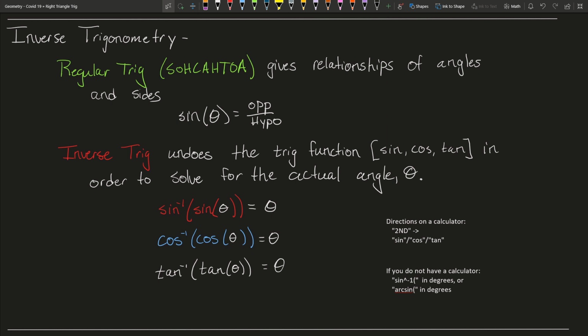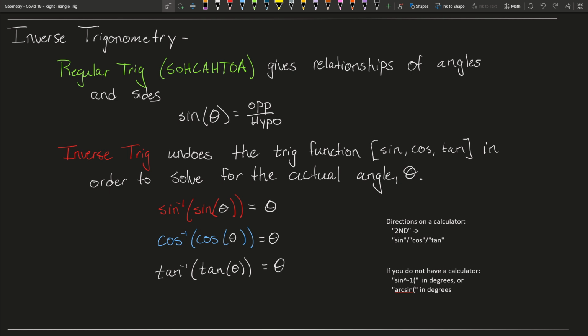All right. So now we're going to start to use inverse trig. And I'm going to break it down in a couple of different ways, one of which is on screen, and then I'll talk through it as I go. So regular trig is what we've been doing. That's SOHCAHTOA and the reciprocal functions. Okay. So SOHCAHTOA, keep in mind that